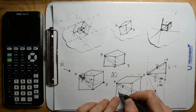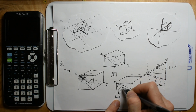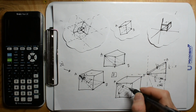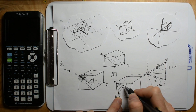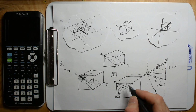Yeah, so this is interesting, because now I know that this circle will hit three different locations: one on this face, one on that face, and one on the other face, wherever that would be. And then I also know that this point right here is going to hit three locations. One on this face, one on that face, one on this face. So now my solution is that whatever...